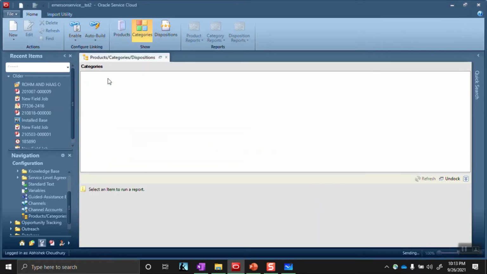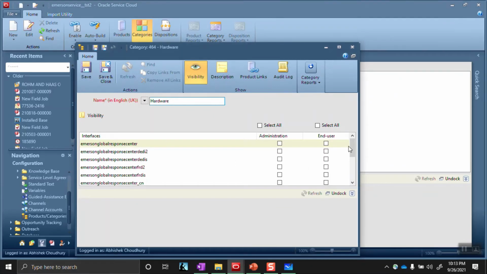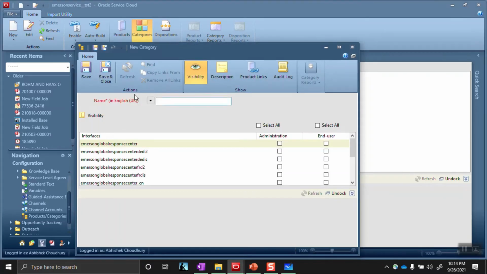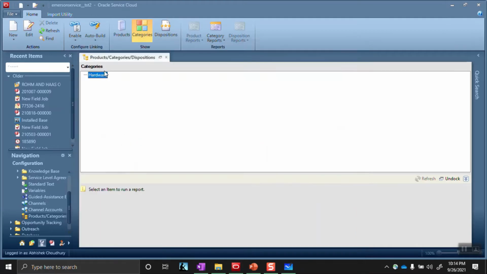Save and close. And if you want to edit it, you can edit it. The reason I'm opening it again is because I forgot to select to which interface it should show. Okay, it's for end users, save and close. And similarly, I will have another sibling, which is software, and for Emerson service, save and close.